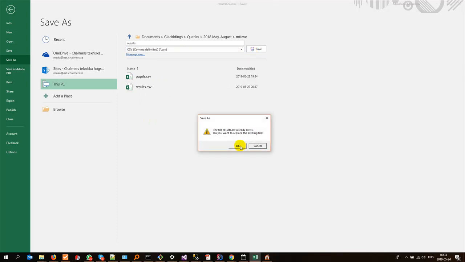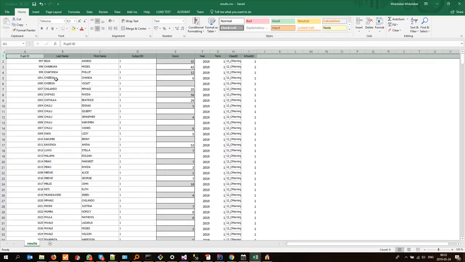It will tell us there's already some file because we already did it for 12d. So yes, we're just going to overwrite that. We don't need it. We say okay, and we also need to remove the first row, the same way we did for pupils. We also do it here. So we remove this,